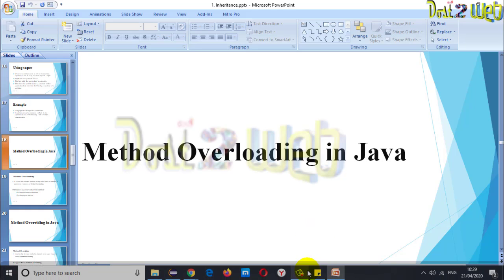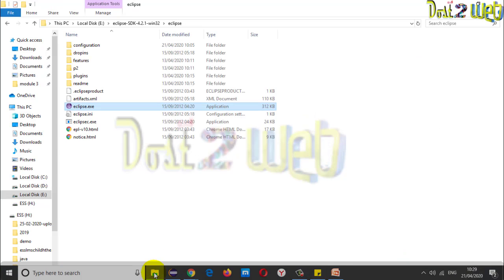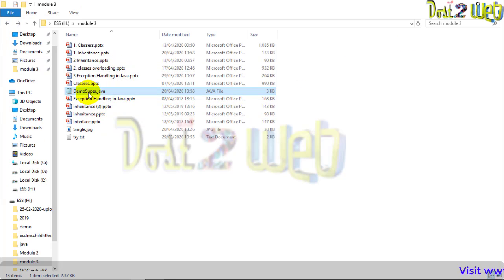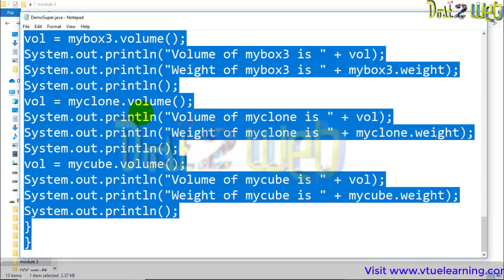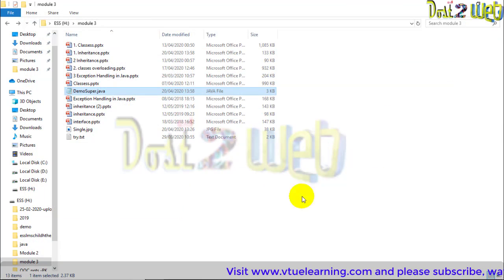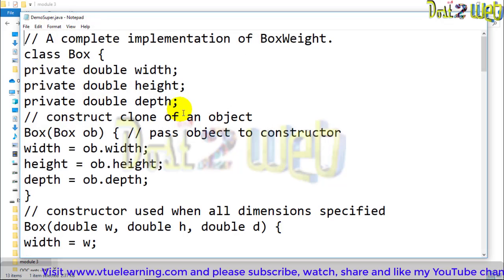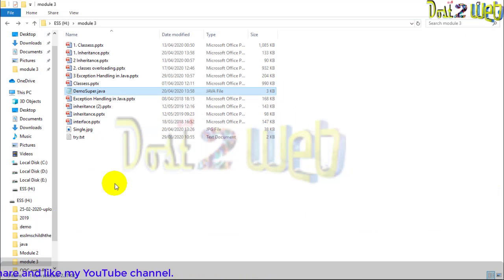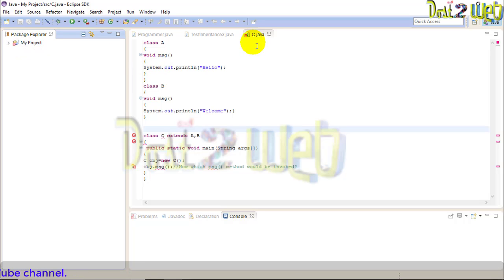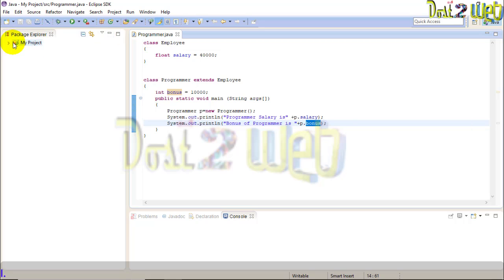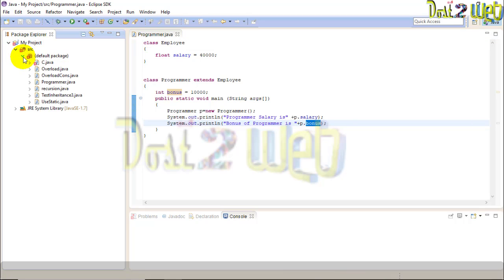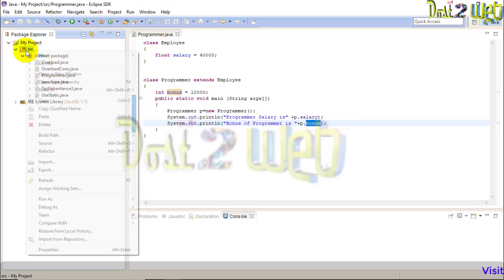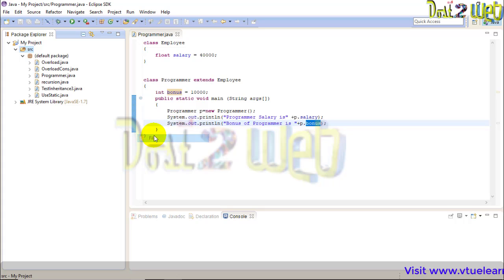You can go through the Complete Reference Java book and you will get to know that. Okay, create the new file.